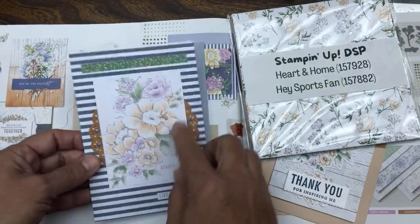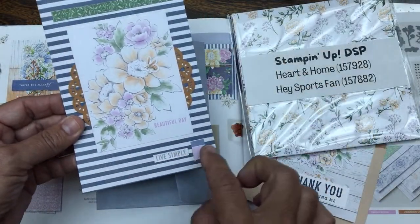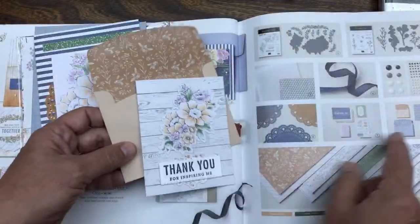That was just a Memories and More card with a little sticker. I stuck a little bee on there. This was a sticker. So easy to make this with the Memories and More card pack. And then in the Memories and More card pack, you get small